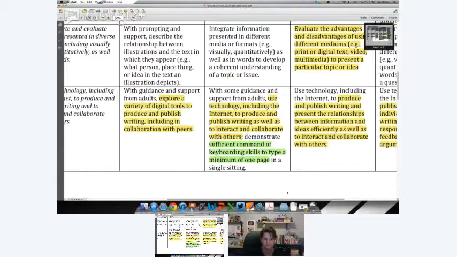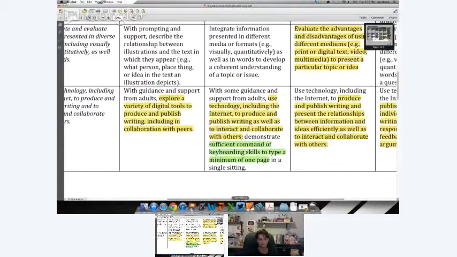By 6th grade, they have to be able to type 3 pages in a single sitting. And I know at my school that was pretty mind-blowing because we never really did typing until 6th grade. So not only do they need to have really good typing skills by 6th grade, it needs to start in 4th grade, which really means that they probably need to experiment with a keyboard in 2nd or 3rd grade. It shouldn't be that they see a keyboard for the first time cold in 4th grade.